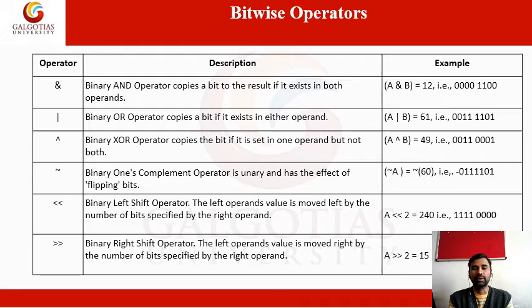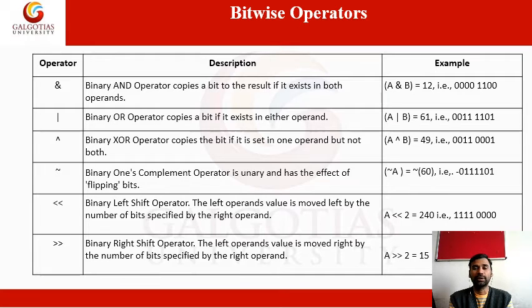So consequently we can place the 0 0 0 0. Suppose if you say 1, what is the equivalent value? 0 0 0 1. And 2 is 0 0 1 0. 3 is 0 0 1 1. So the binary equivalent of decimal value 3 is 0 0 1 1. I think we already studied this in computer organization.